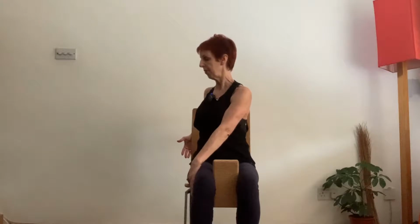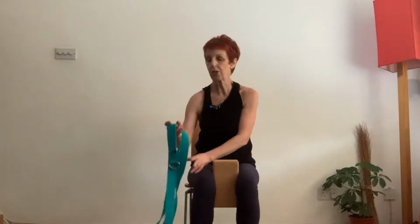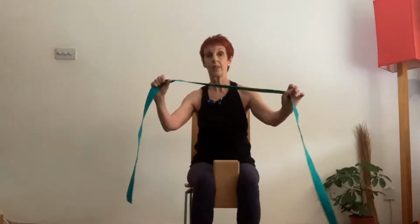You can hold the back of the chair, just depends on the shape of it. And as you breathe out, try and turn not just chest and shoulders, but ribs as well. And then breathe in to come back. Good. Now, if you've got your strap, your scarf, the dog lead, not the dog, just its lead, grab it